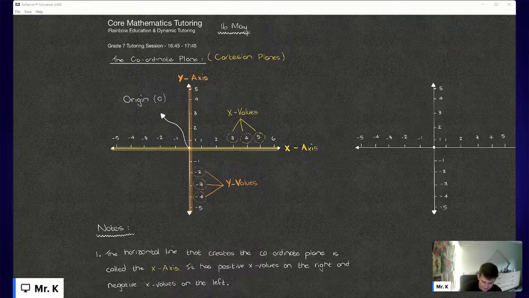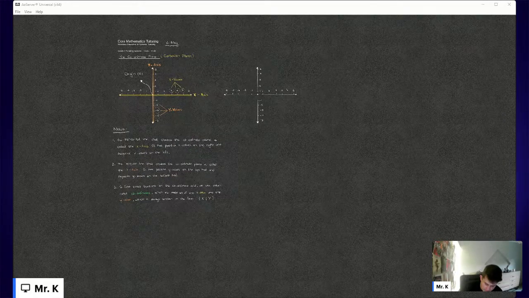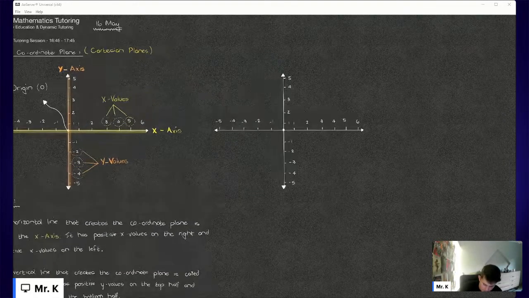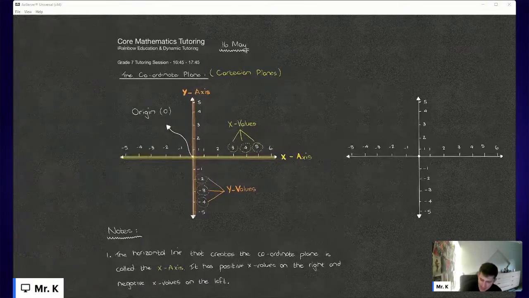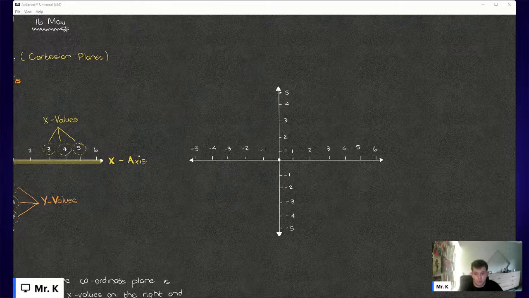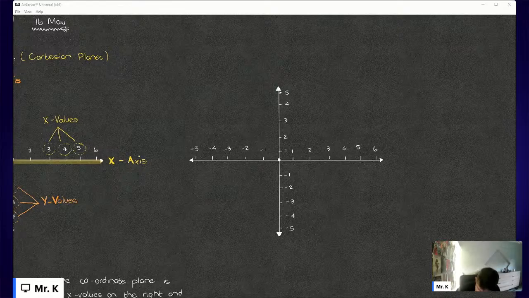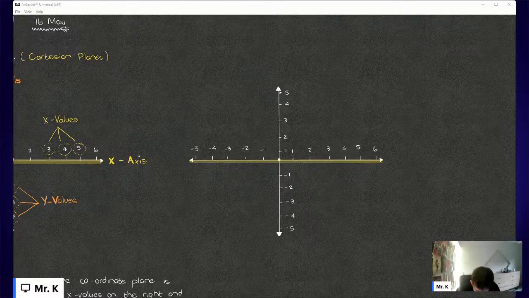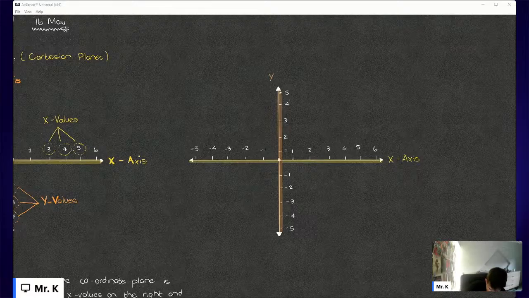Now, if we take a look at this second grid of ours, I'm just going to have to make one last copy for us to use later. I want to show you one more thing. I don't want to add it onto the same diagram, which is why I have asked you to draw a second one. Okay, so we can see that we have our x-axis that runs across the bottom over here. And we have the y-axis that runs vertically over here. We can relabel them on this diagram, that's fine. This is our x-axis moving from left to right, and from top to bottom we have our